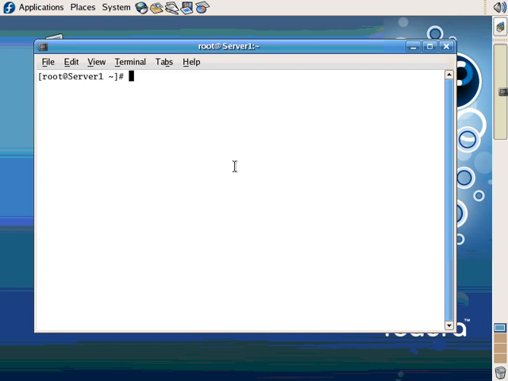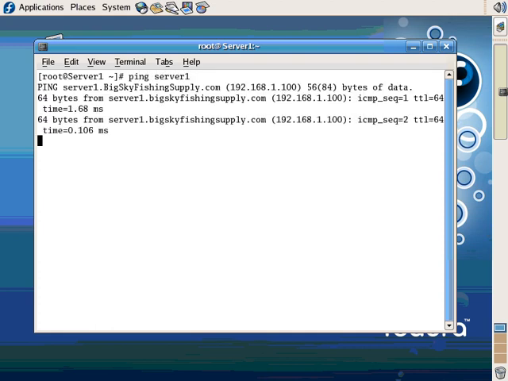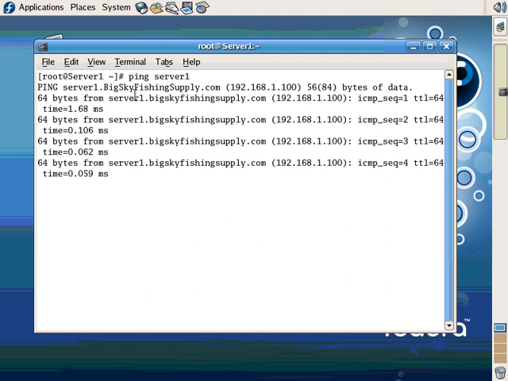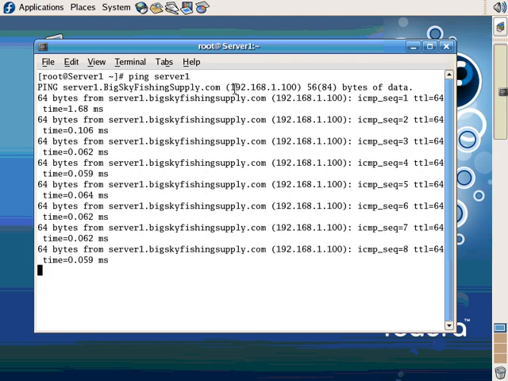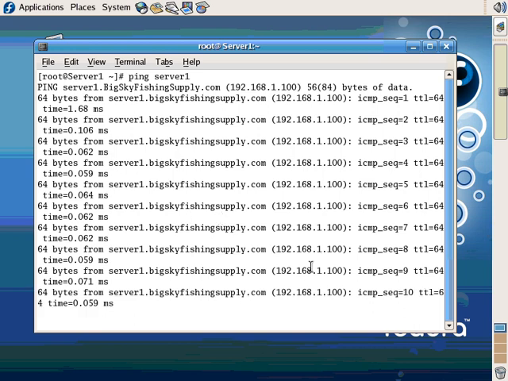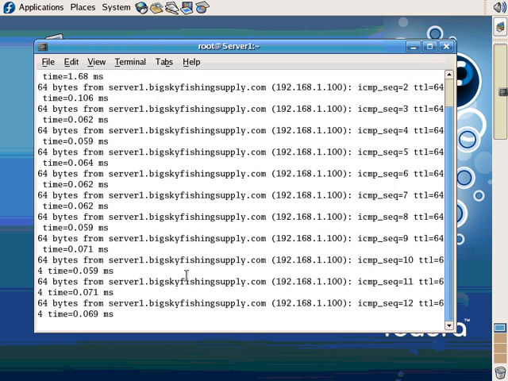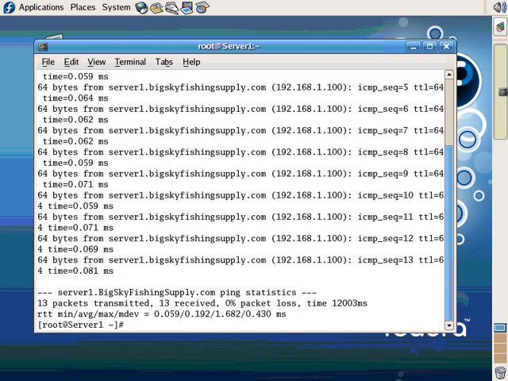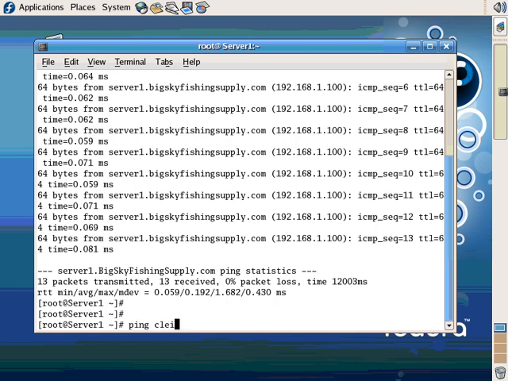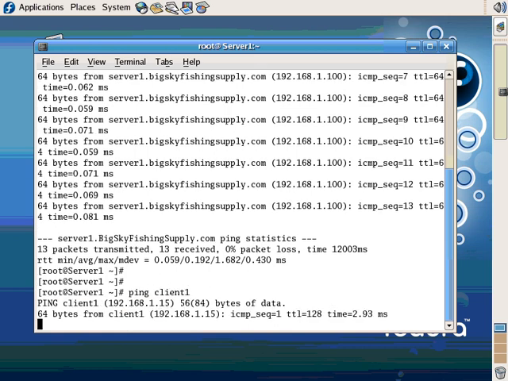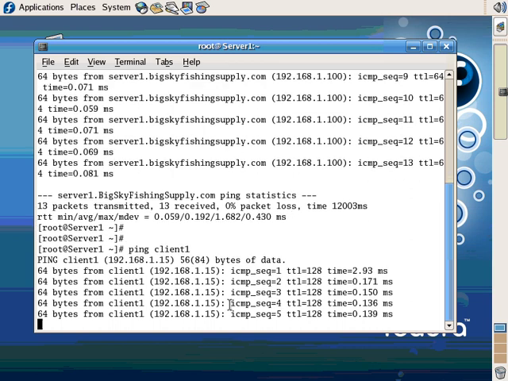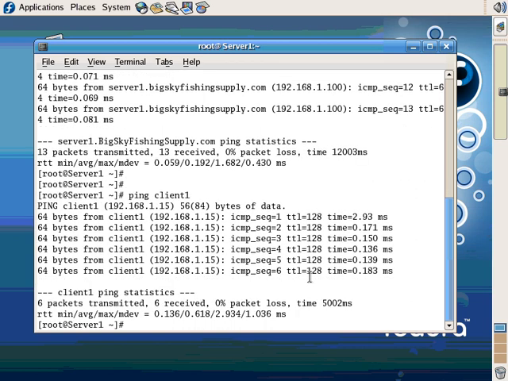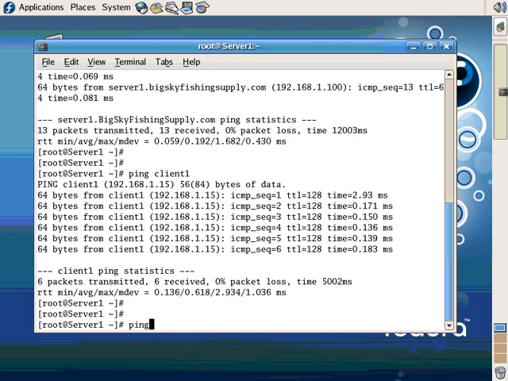Alright, now we should be able to ping server 1, and it says it can ping server1.bigskyfishingsupply.com, and it resolved it to this IP address of our DNS server, this server. So that's good. I'm going to do Control C. Now let's ping client 1. Alright, and it resolved that to 192.168.1.15. So good. Now I'm going to do ping